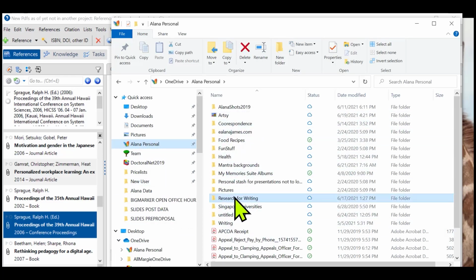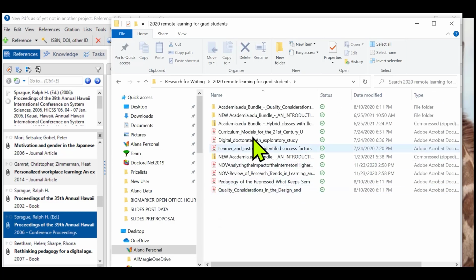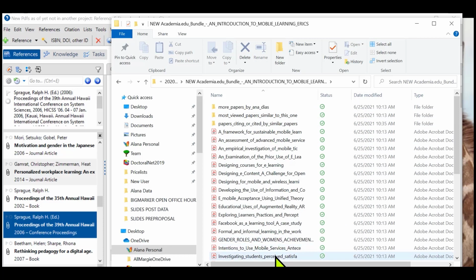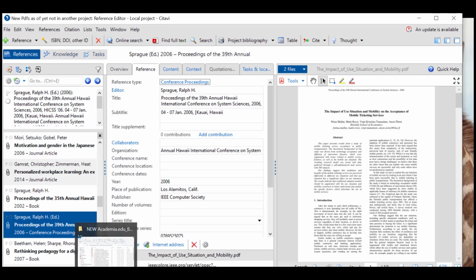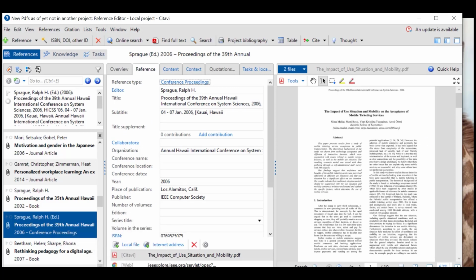Let me pull that up again. So it's this one. So here's this list. But it was annoying to me because there was so much difference between one list and another. So what I did was I did a screen capture of that list, making it static and easy to work with,